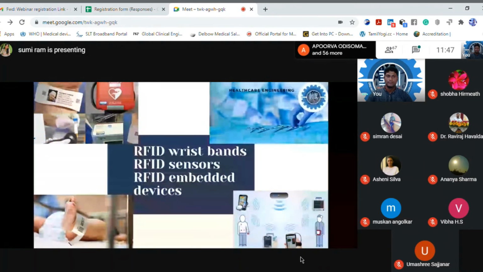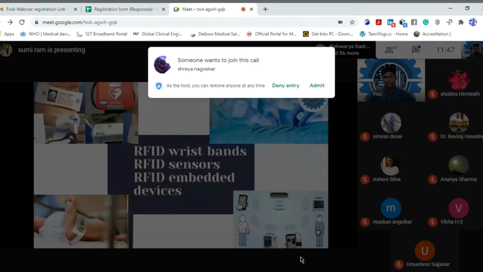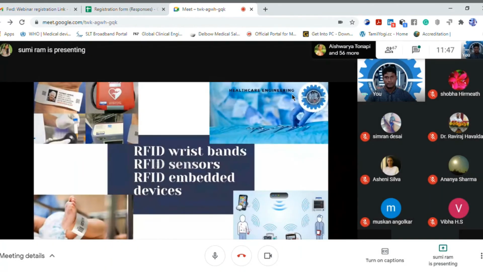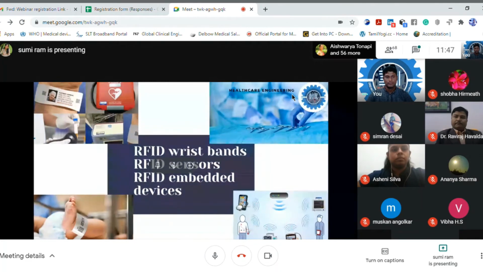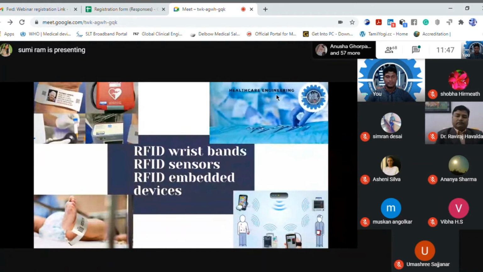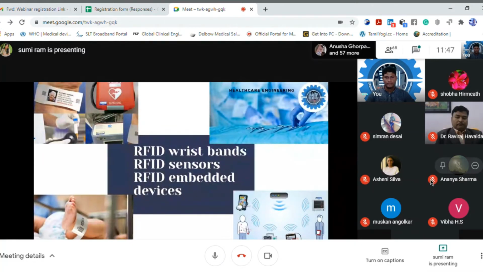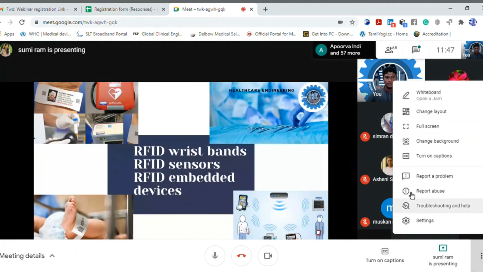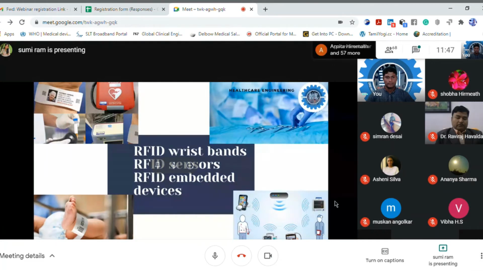So what are the RFID embedded devices? RFID embedded medical devices are also used for tracking the health condition of the patient. The embedded medical device reduces the time to diagnose. These devices consist of a preloaded disease symptom file, and with the help of this file, the device may perform tests and acquire data, and it also stores the data of each patient on the cloud for further analysis.